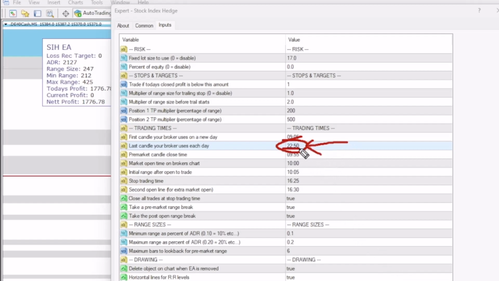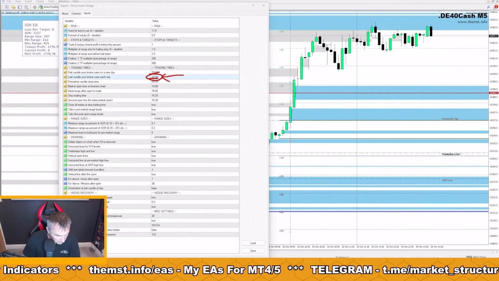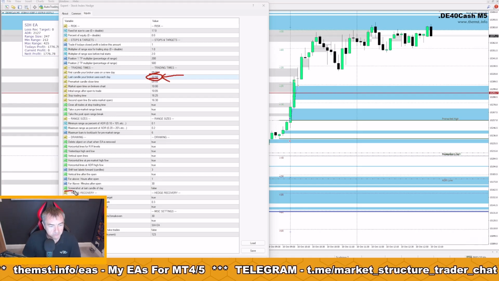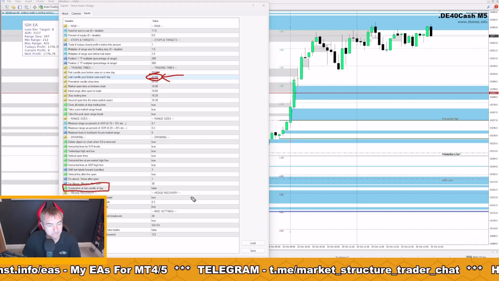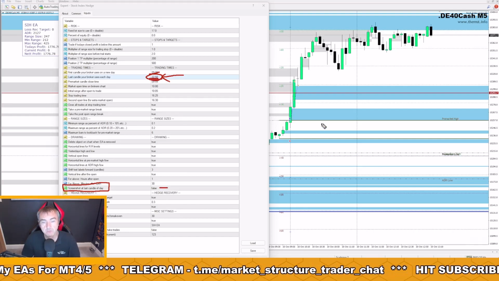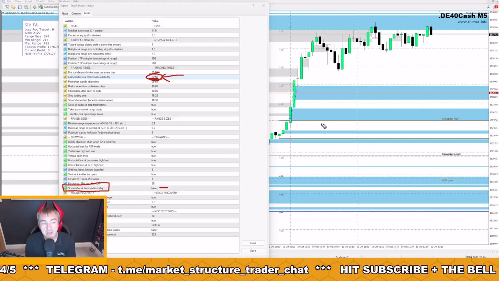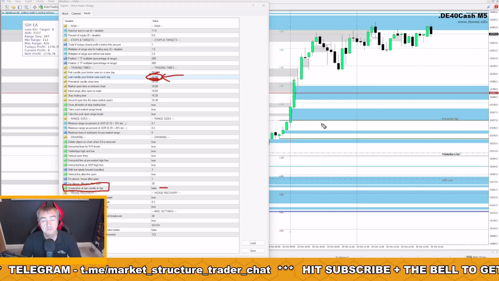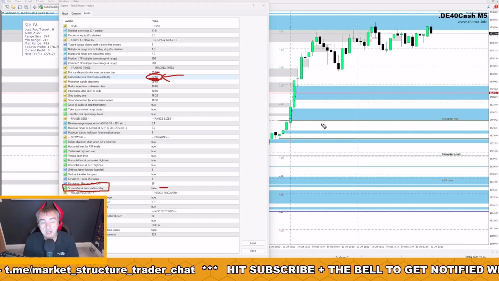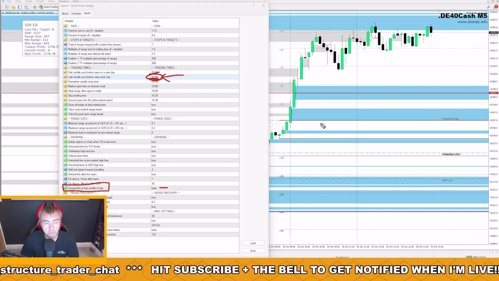Also, this is used for the screenshot feature, which you'll find further down in the settings. I can't actually find it at the moment, but it's down there somewhere. There it is, screenshot at last candle of the day. If you've got that set to true at 22:50, in this case the last candle of the day, it will automatically take a screenshot of the chart that it sees on the screen and save that into a file for you, so that you can go back in time and look historically through all of the previous trades that you've taken and all of the previous breakouts. While we're talking about this,